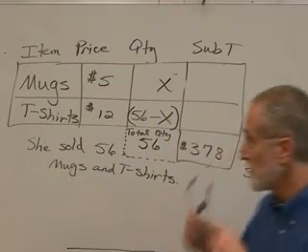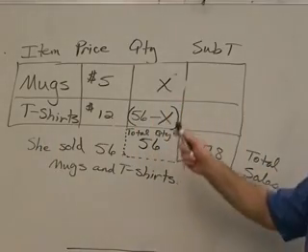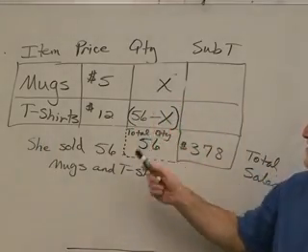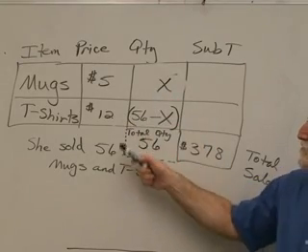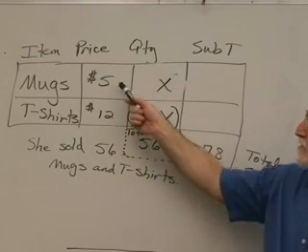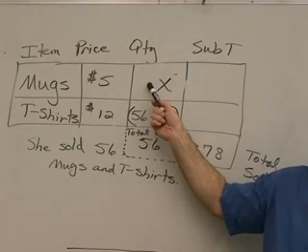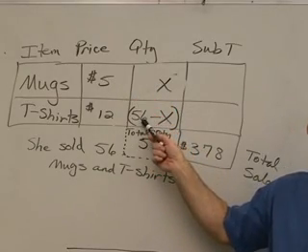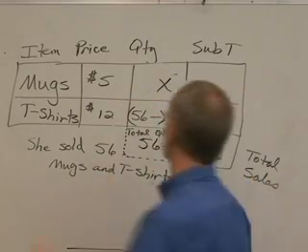Now, let me ask you this. If you had your choice between multiplying 12 times 56 or 5 times 56, wouldn't you rather have the smaller number? Yeah. So, when they tell us